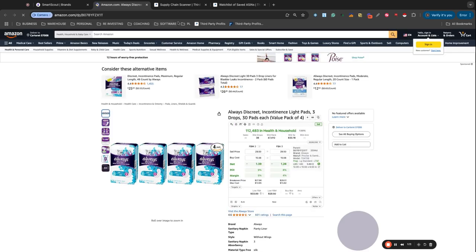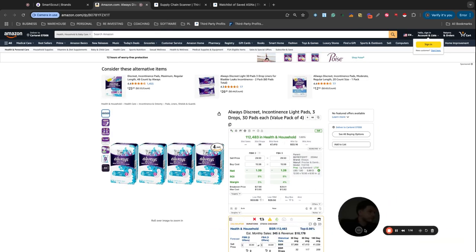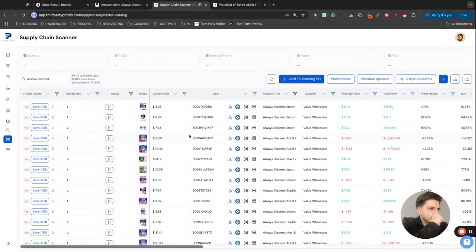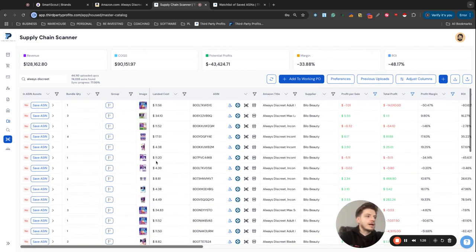So this item is going to be Always Discreet. And now we're going to search this within our supply chain scanner here. And we're going to see all these different Always products that come up. Now, the reason why this is so powerful is because you can upload as many supplier catalogs that you have access to into the supply chain scanner, right? So you can pretty much find and search any brand and see if you have access to that brand or that product within here. So I'm going to be manual sourcing this entire process to show you guys how powerful